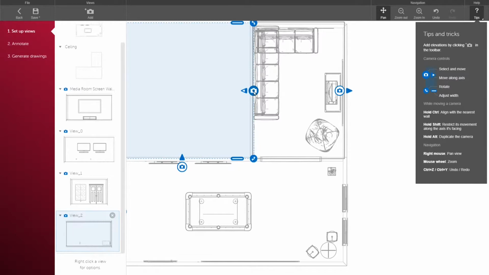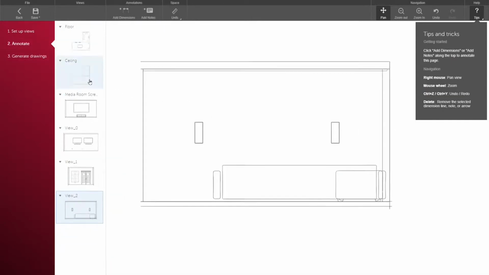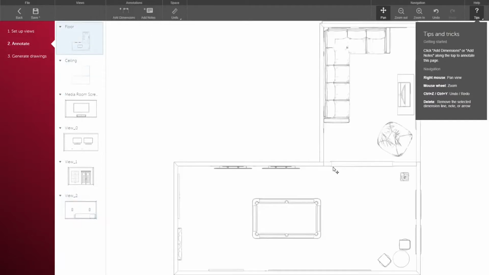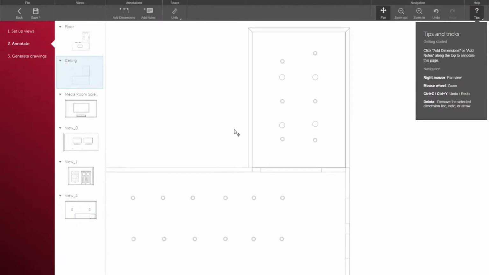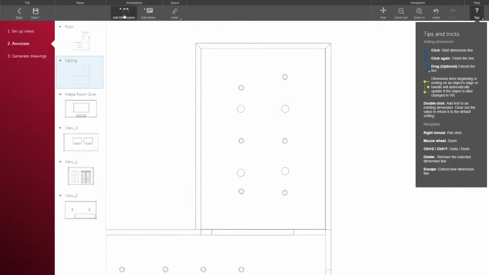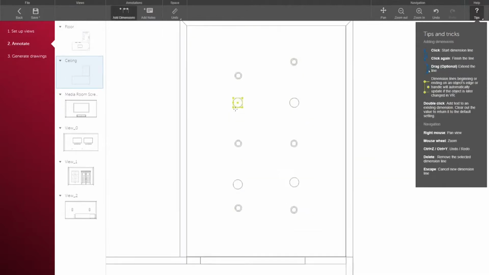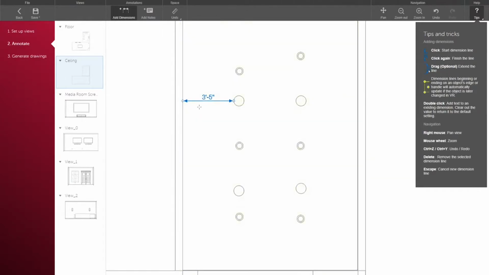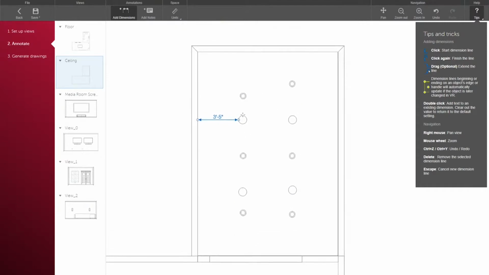Nope, too far. Okay. So what we'll do is actually go in and annotate this, and from here we can add dimensions. So let's just go in here. We had a bunch of speakers in the ceiling. So one of the things that we want to make sure is that our installers know where they're supposed to cut these holes. So we can go ahead and just say this one is 3 feet 5 inches from that